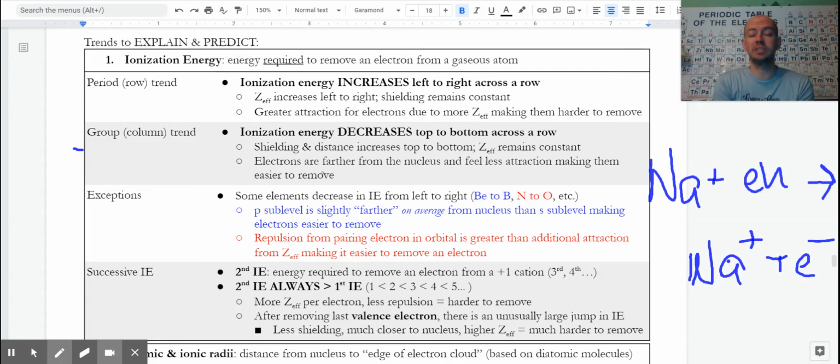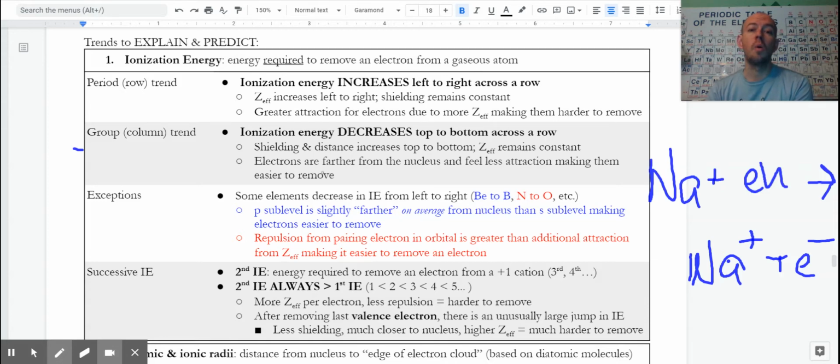Boron has a slightly smaller ionization energy than beryllium. You could look this up online, or if you went back to the PES graphs, you would see that as well. The last electron is slightly easier to remove. We looked at nitrogen and oxygen and already explained it a little bit as well. The reason here is thinking about not just Zeff and shielding, but connecting what those mean to sublevels and to